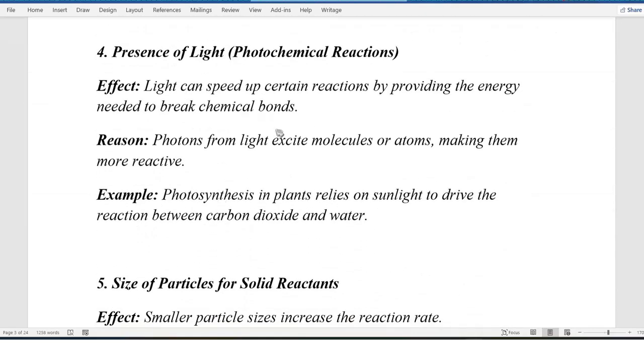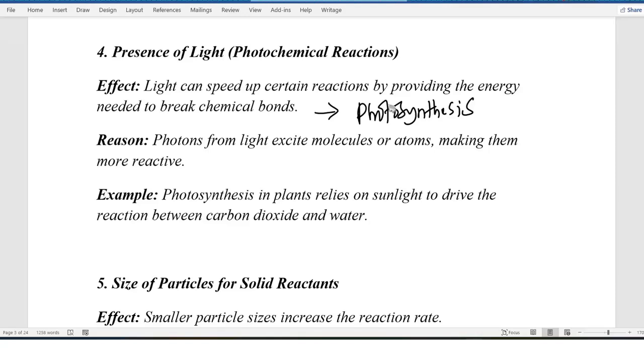The other one is the presence of light, which is, for example, in photochemical reactions. So this light can speed up certain reactions by providing the necessary energy to break down the chemical bonds. An example is in photosynthesis, where food or glucose or starch is manufactured by the plants through a process known as photosynthesis, where